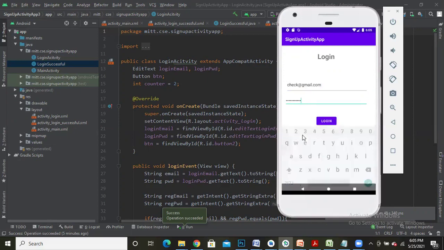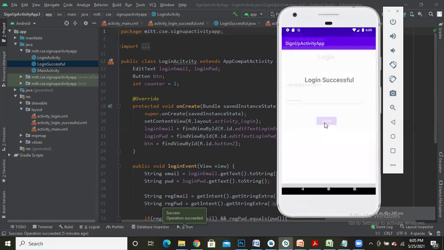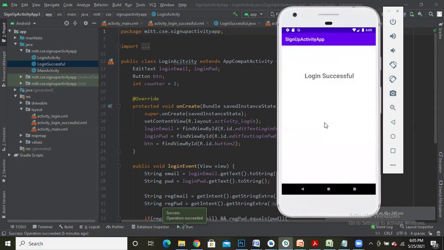So I had specified the proper email and proper password which I had entered in the sign up activity. If this matches, I need to be redirected to the login successful page. Yes, I'm getting redirected to the login successful page.